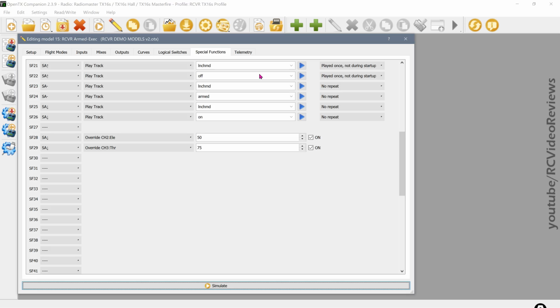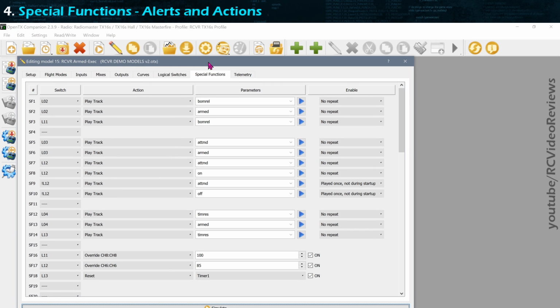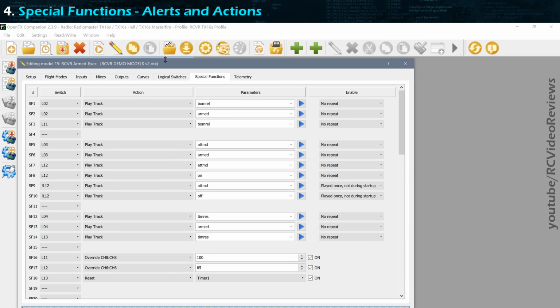So the first method I'm going to show you is right, on the special functions tab, you can see that, all right,